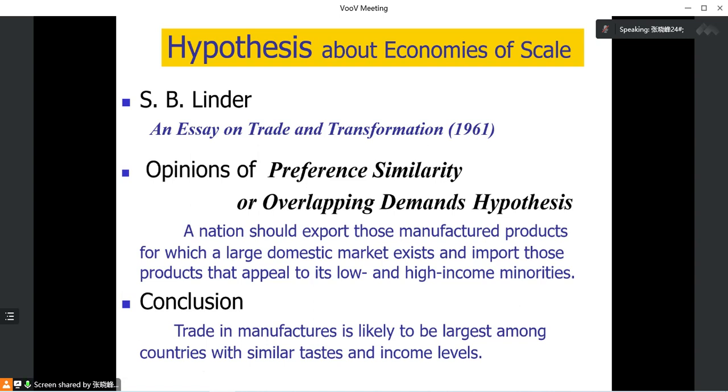Now this comes to the conclusion. Trade in manufacturers is likely to be largest among countries with